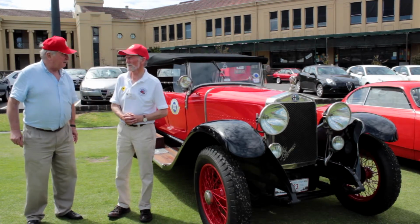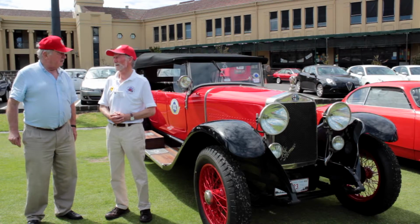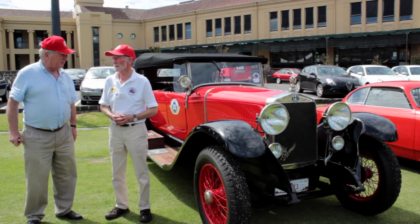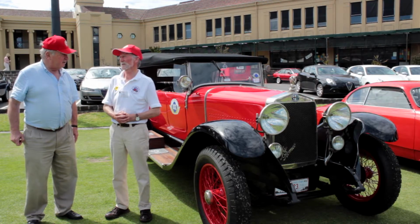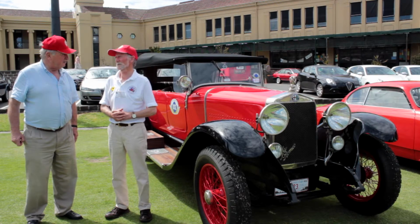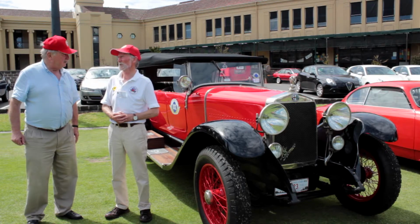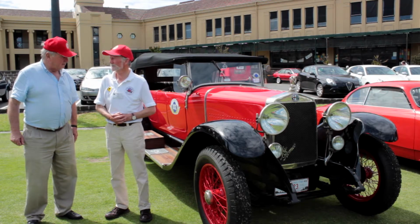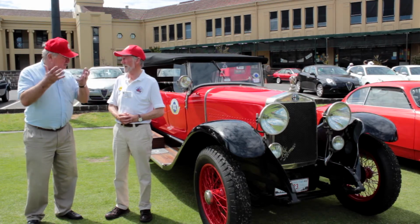A Rolls Royce 20 chassis was about 1,100 or 1,200 pounds, not a big difference, and the body cost about 300 pounds. An Austin 7 in those days was about 200 pounds, and I think you could get a Ford or a Dodge for about 250, 280. So Alfas were always up there with the...